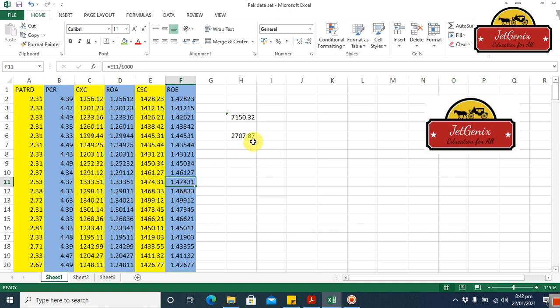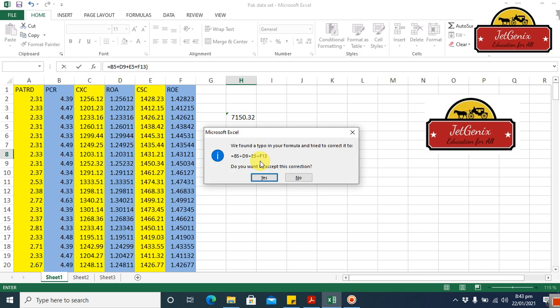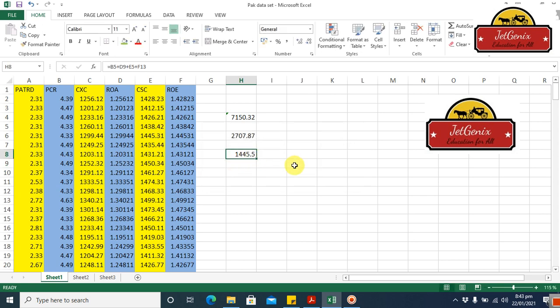So what you are going to do, you just press equal, then you select the number you want to add, this one, and you have to press plus. Now select this value you are interested in adding, again plus, and this value again plus, and this value. You selected all the values and you have typed the plus sign in between these numbers. Now you just close the parenthesis and press enter. So now you are going to find the values. Here this is the value of the cells you have selected.